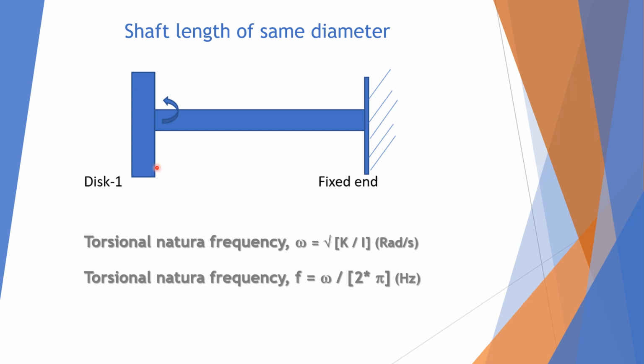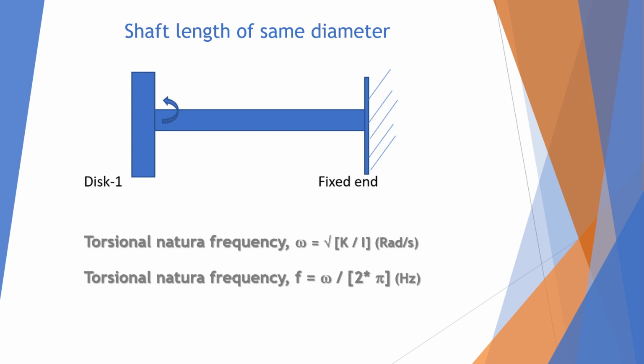Shaft length of the same diameter. This is one end fixed, the other has one disc attached, and the diameter of the shaft is uniform, the same. In that case, the torsional natural frequency omega is equal to the square root of K upon I, where K is the torsional stiffness of the shaft and I is the mass moment of inertia of the disk. It will give radian per second. So in the case of Hertz, f is equal to omega upon 2 pi. So using this formula,